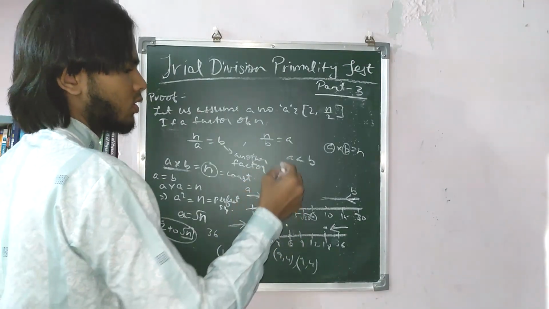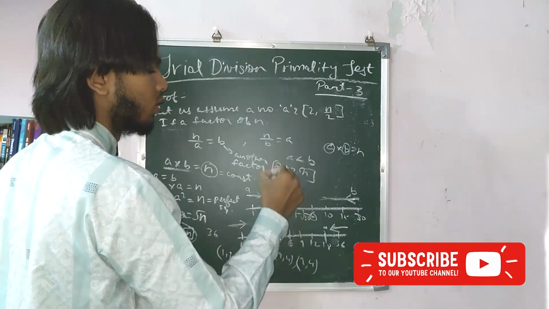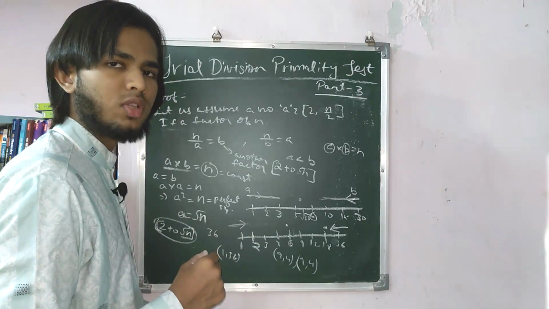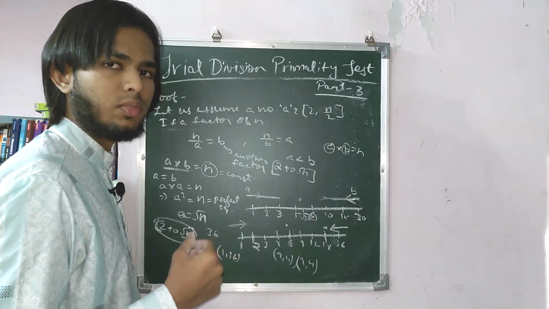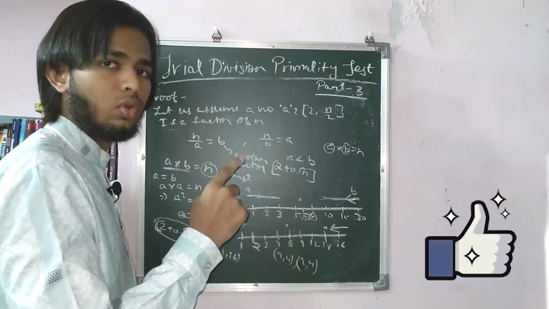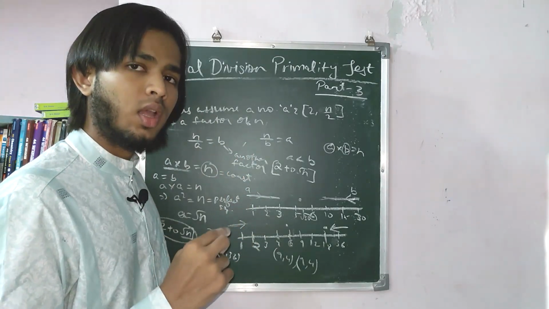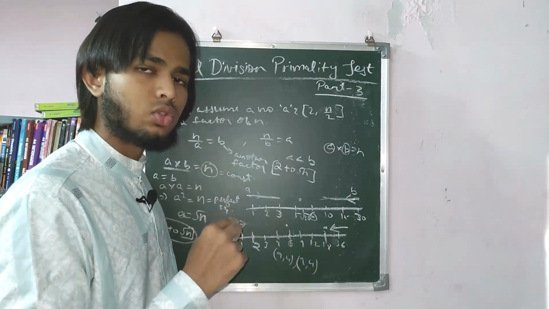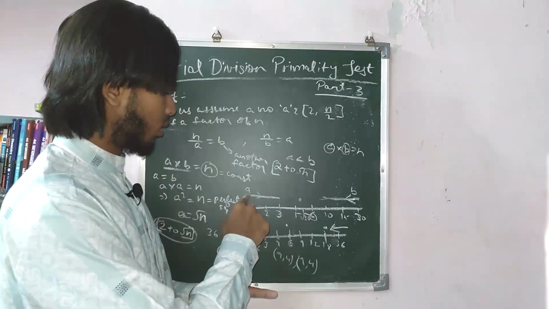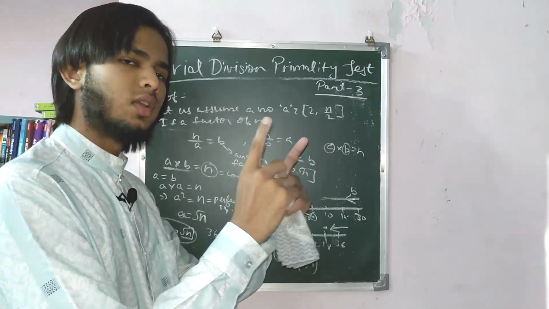So in either case, we will go from 2 to square root of n for checking whether a number is prime or not. Isn't that amazing? How much we have saved our time, for us and the computer also, in our efforts. We do not have to check from 2 to n minus 1, as I told you in part number 1, and not even from 2 to n by 2, as I showed you in part number 2. By this simple observation, that a is increasing and b is decreasing,